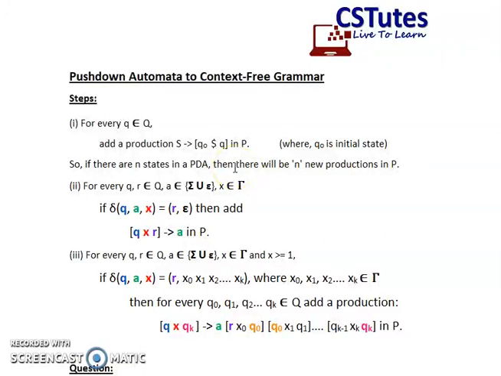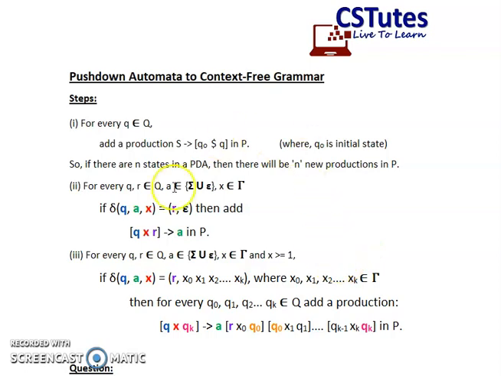In the last video, we discussed pushdown automata conversion to a context-free grammar. In this video, we are going to solve an example using the steps which we discussed in our last video for the conversion of a pushdown automata to a context-free grammar. While discussing the steps in the last video, we found that step number 2 and step number 3 were a little bit confusing, and I told you that it will be clear while solving the example.